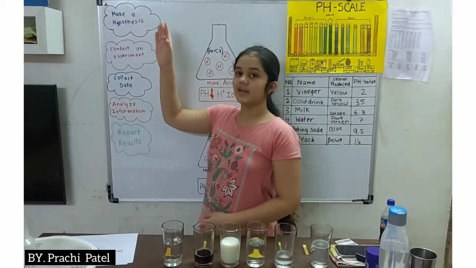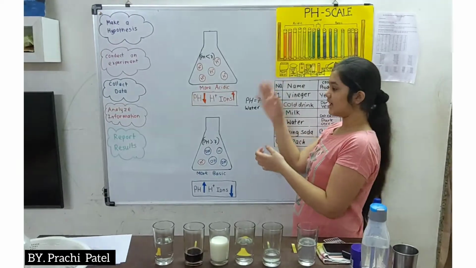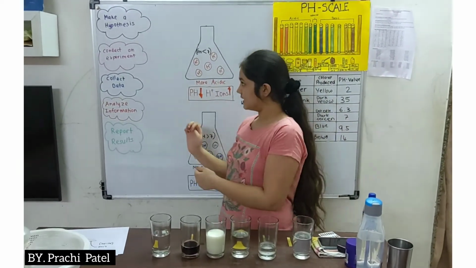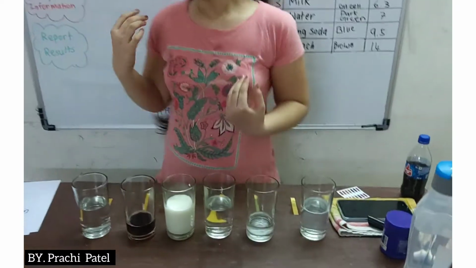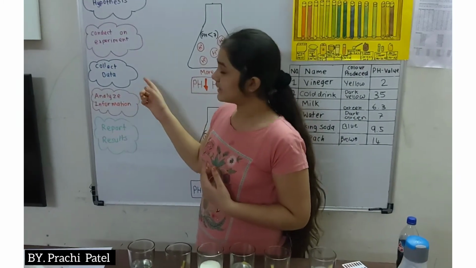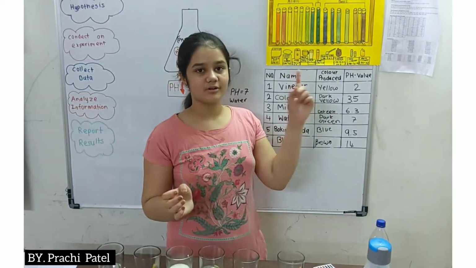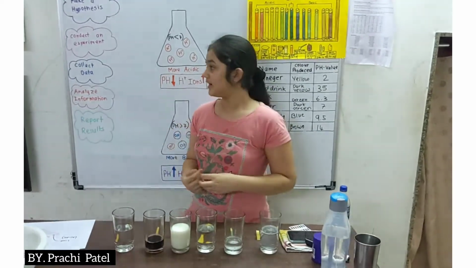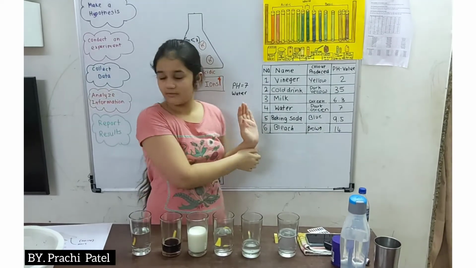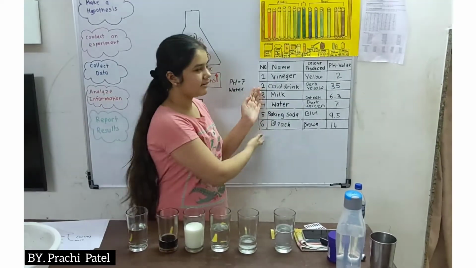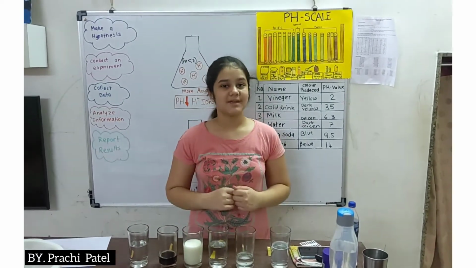So now, first we made our hypothesis, meaning making an observation. We looked over these charts and the data which I have represented over here. Then we conducted an experiment. You just saw that I conducted an experiment, and after that we collected our data. So we connected our data to our chart by looking at the pH value and the color. Then we analyzed the information, and then reported the data. So you have the report of our data now. So this was the chart. This is what we learned today, the pH value.